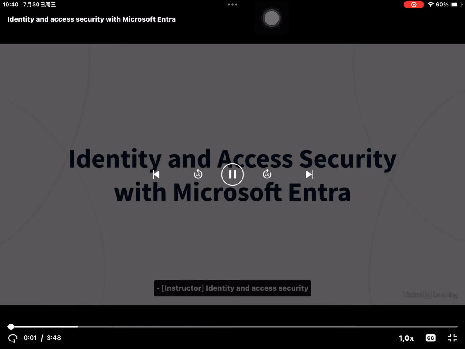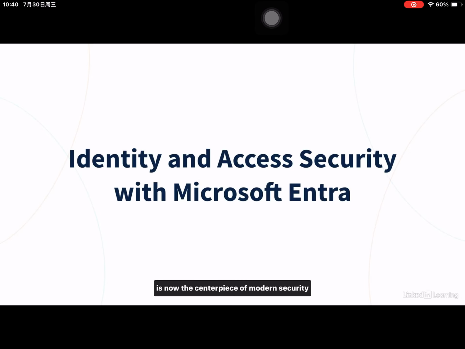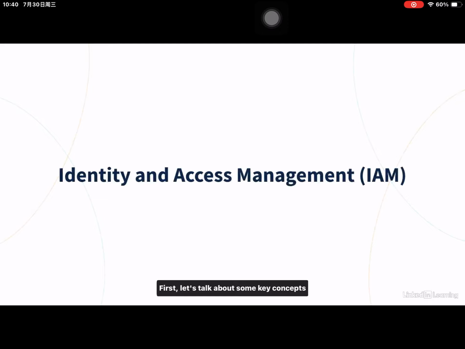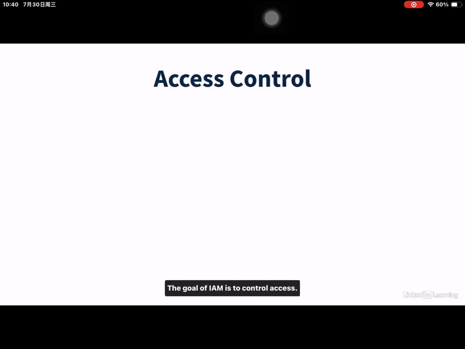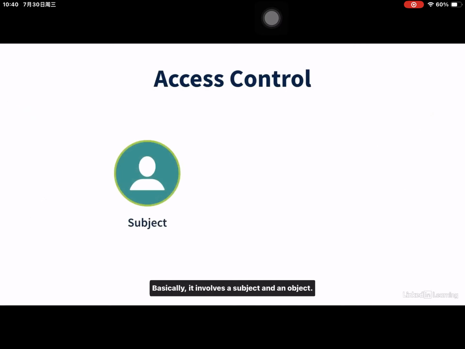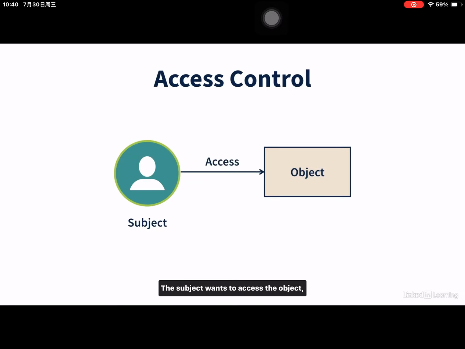Identity and access security is now the centerpiece of modern security, serving as the foundation for models like Zero Trust. First, let's talk about some key concepts of identity and access management, or IAM. The goal of IAM is to control access. Basically, it involves a subject and an object. The subject wants to access the object. And we need to control access to ensure that the right users have the right permissions to access the right